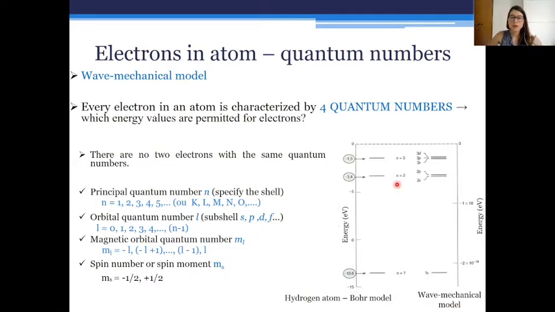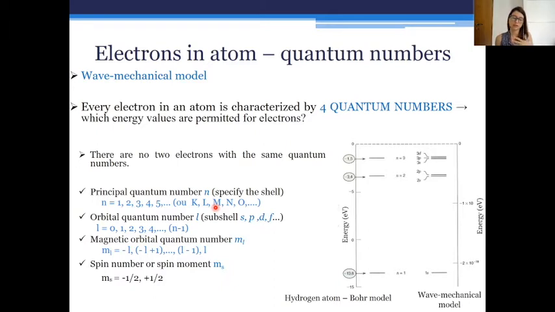If I have a look at the second orbital, as you can see, when n equals 2 we have 2 orbital quantum numbers, or 2 subshells, which are 2s and 2p. For the principal quantum number n, or the shell n equals 3, I have 3 orbital quantum numbers L, 3 subshells: 3s, 3p, and 3d. Okay, so we introduced a principal quantum number, which specifies a shell, and the orbital quantum number that specifies